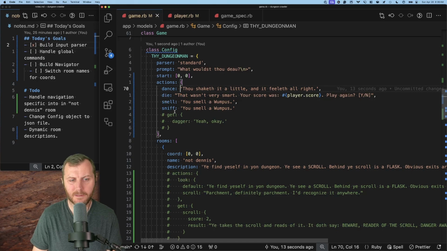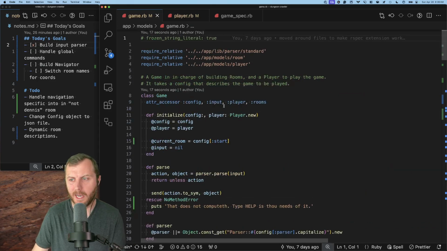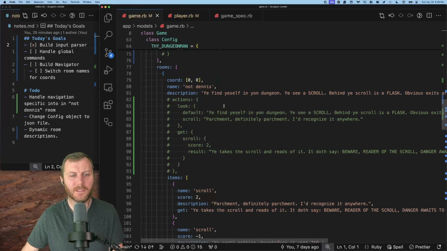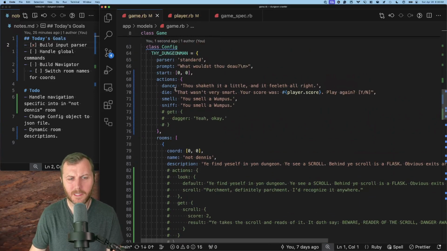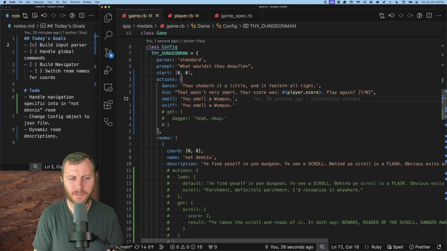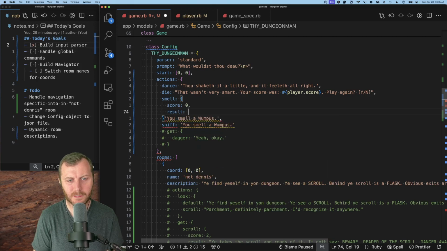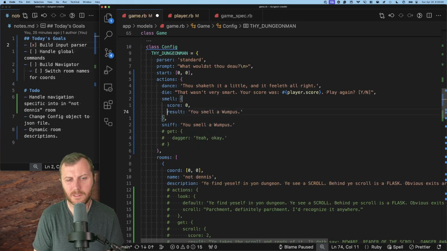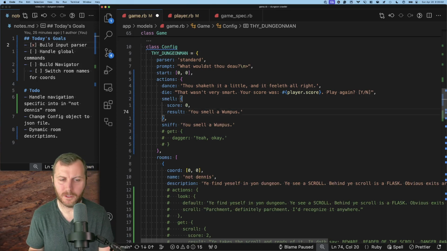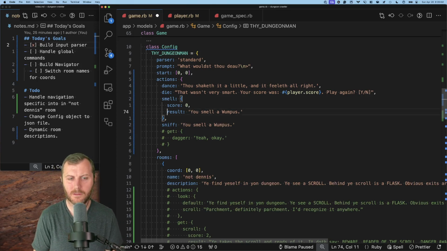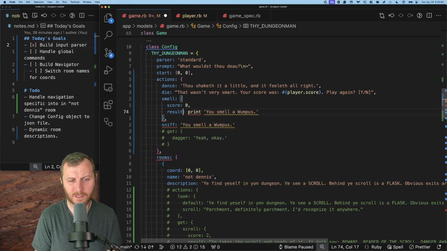This is where the idea of everything having an action, or everything having a score and a result, could come in handy. So if we do it to these, score for this, you get 0 points, and the result. Is the result always a print? We would need to eval that, which starts to make it so that you're actually programming in the config. I don't think we want to do that. Result could be, or maybe we do. Maybe you've got to know a little bit of Ruby. You just have to know to print the thing. Right, this will work if we,